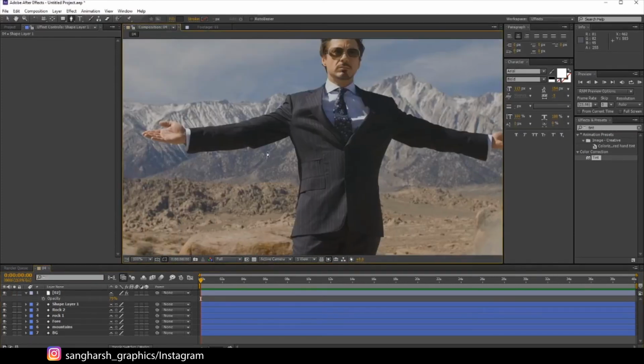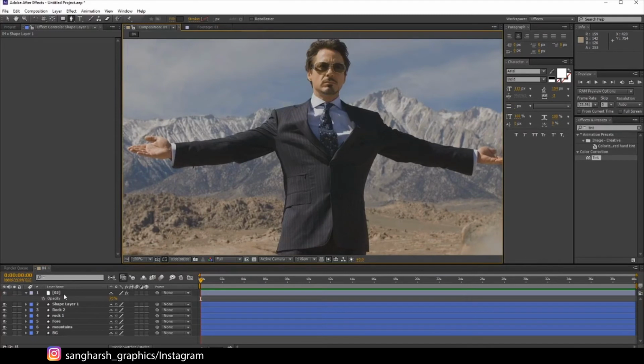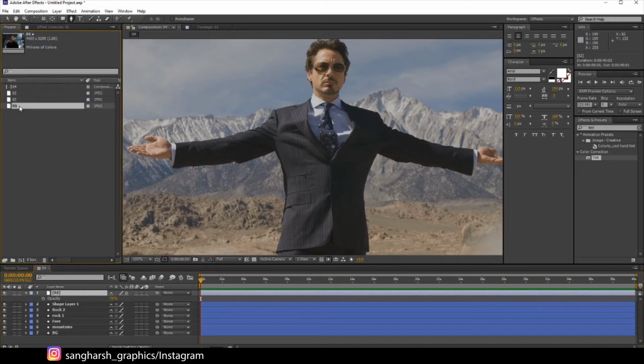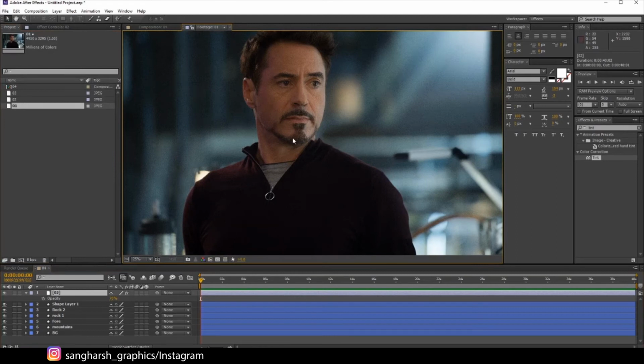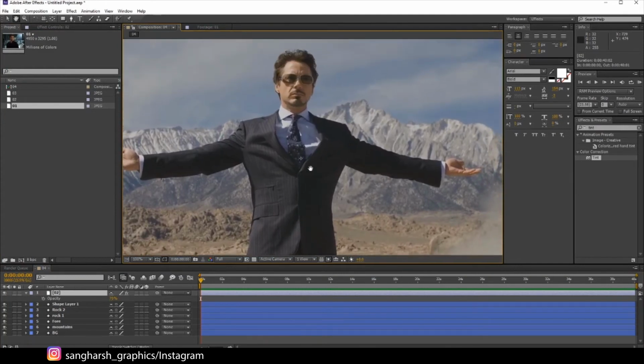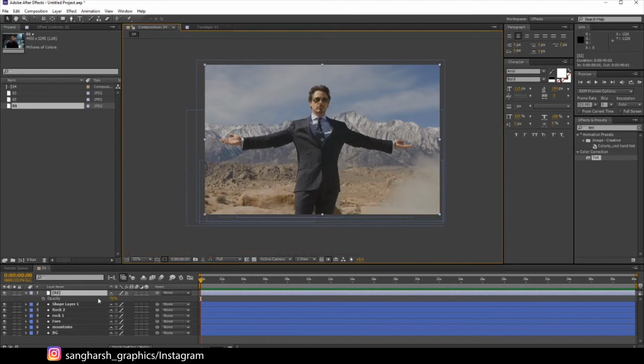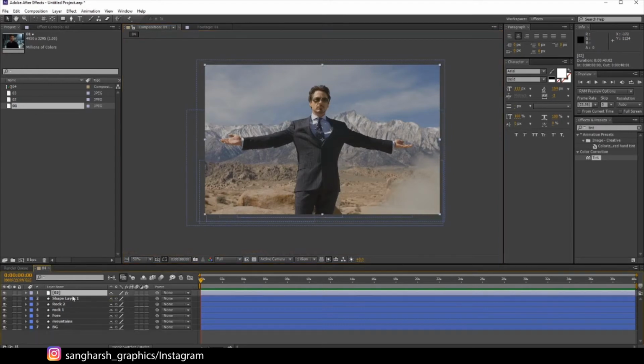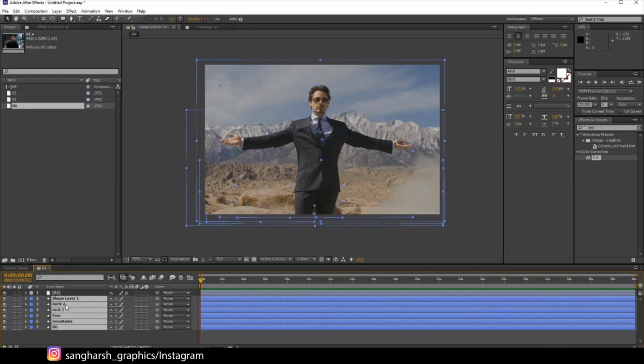So the masking is done for this layer. As you can see, we are going to add the depth from too much back from the mountains, so it is not necessary to add too much depth on the character. If you are just using a portrait like this, you can add depth on the small facial details. Because it is a closer portrait, I am using a scene like this, so it is not too necessary to add details.